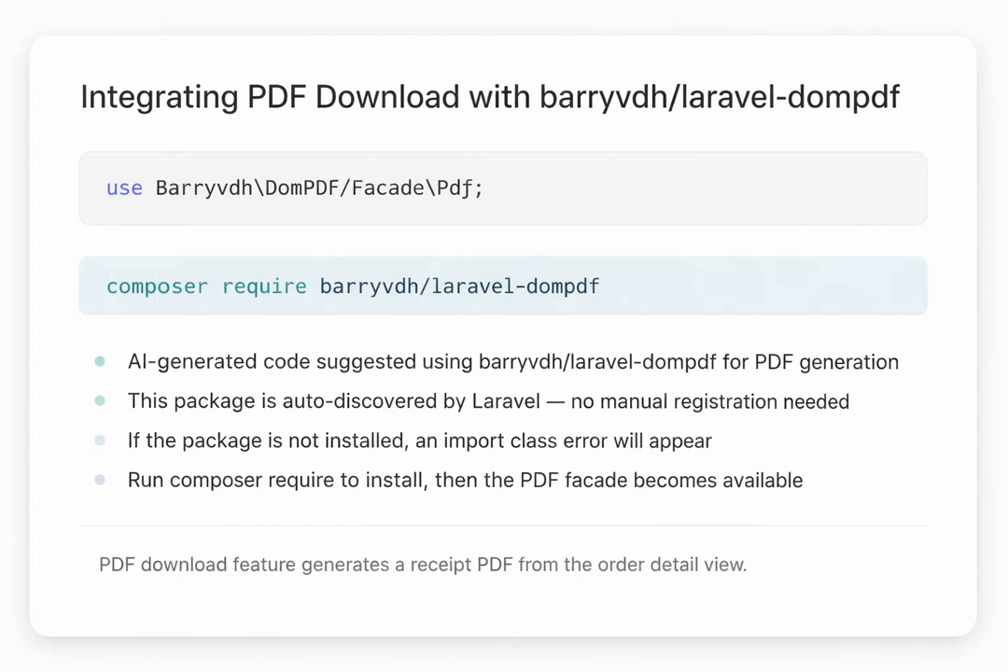resources/views/frontend/Doken folder. The AI-generated code for the order detail page included a PDF download feature using a package called barryvdh/laravel-dompdf. This is actually a very commonly used Laravel package for generating PDFs, and it's one that's been used before in this project. Laravel auto-discovers it, so no manual registration in the service provider is needed. However, if the package isn't installed yet, you'll get an import class error. The fix is simple. Just run composer require barryvdh/laravel-dompdf in your terminal, and the PDF facade becomes available